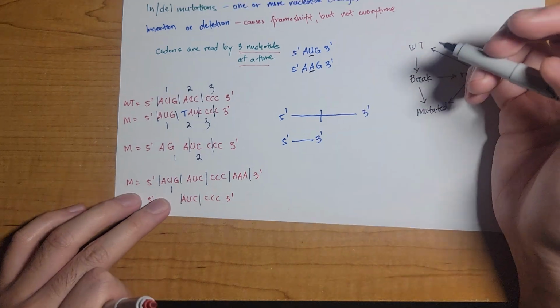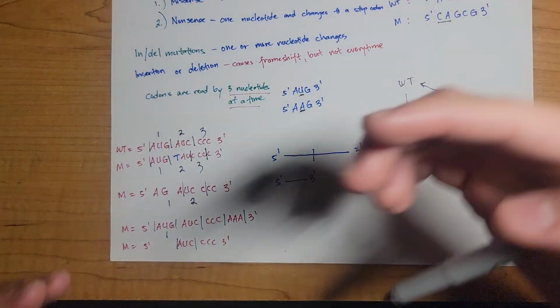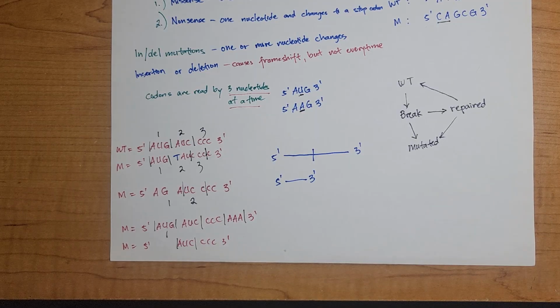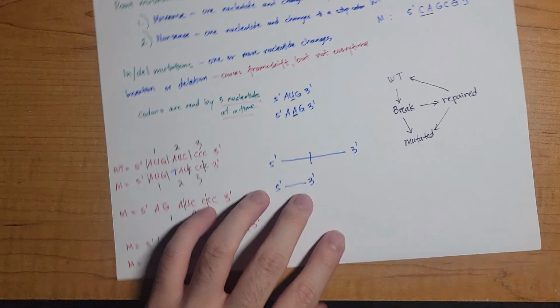So indel mutations are basically like that: inserting a new nucleotide, or deleting nucleotides, like 3 nucleotides. It can cause a frame shift or not. Alright, so